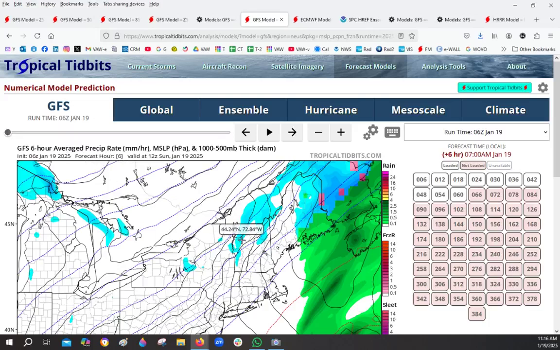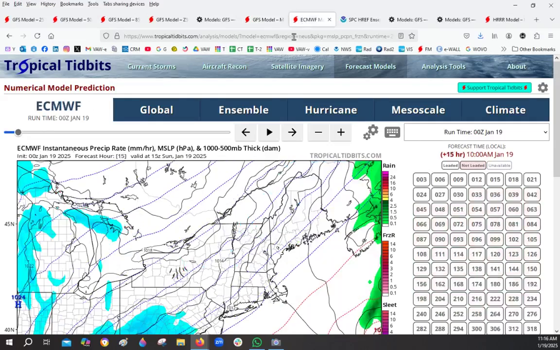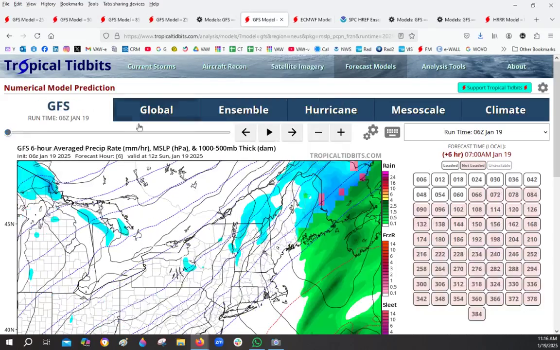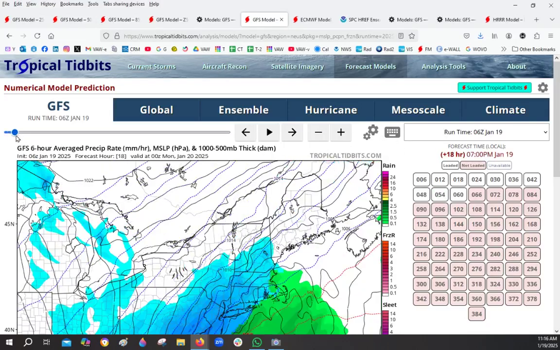So I'm going to stair step our way through this particular model. This is the GFS model. This is the US model. This is the European. So you have to have a lot of windows open, so bear with me. I know I jump around a little bit. So this is the GFS. Now look at the timestamp over here. This is the local timestamp. So this is this morning, and then we're going to go through time. Now this is 7 o'clock tonight, then the storm